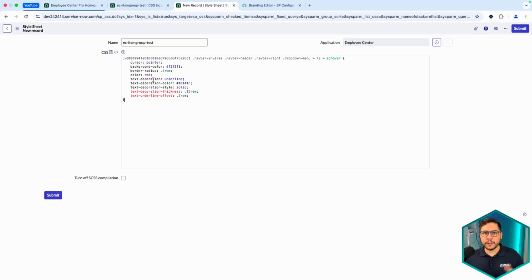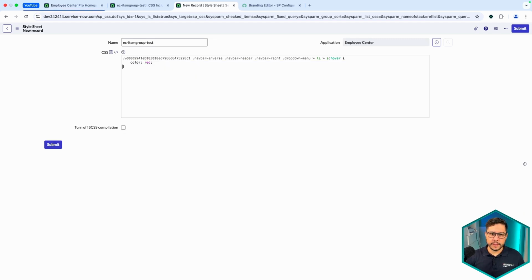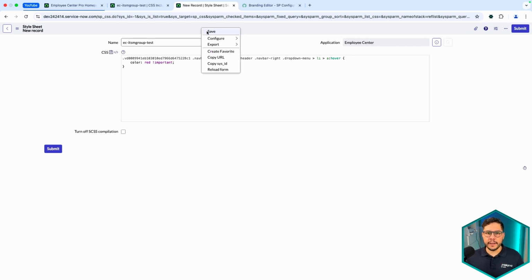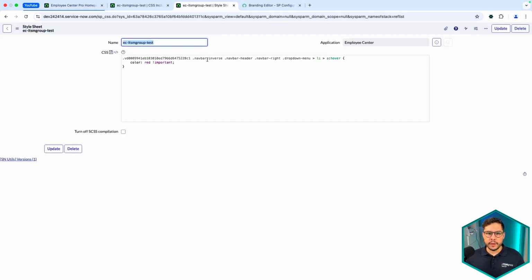And I'm going to paste that code that we have copied from the Employee Center portal. With that, I have here, we can delete what we don't want to modify. And for example, this, and we can put something to override always and use this as the baseline in our CSS code.